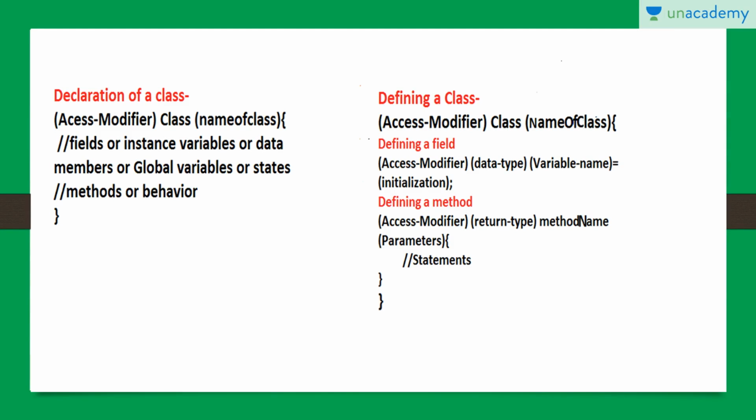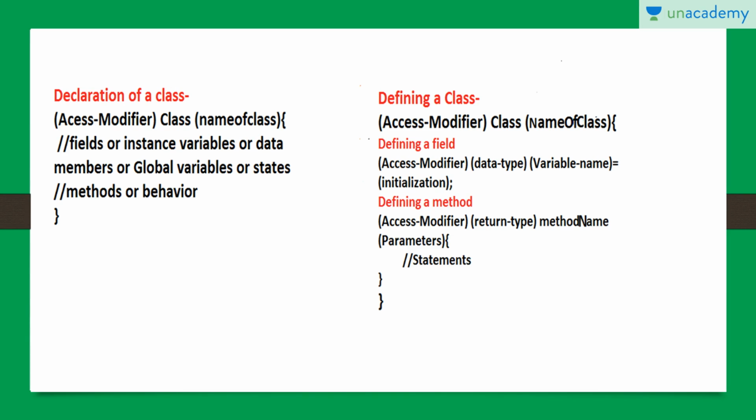As we have already discussed what classes and objects are in my OOPS lecture, classes are the blueprints, or you can say design, which define the states and behavior of an object, and objects are real-world entities which have some states and behavior. That was okay, but in this lecture we are going to study classes and objects in brief.